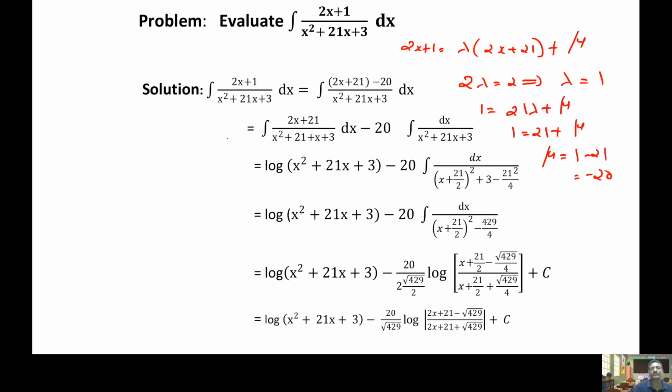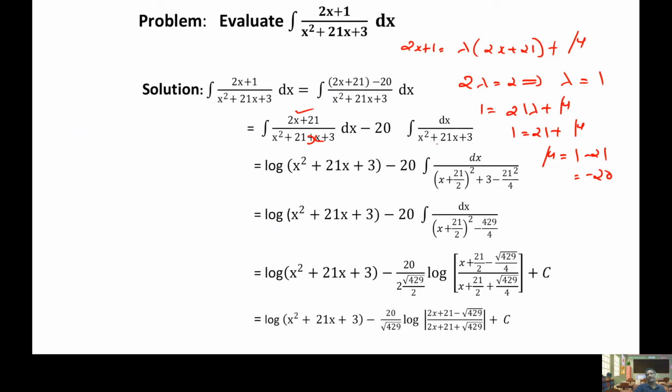Now, this is the split, or you can directly find out that 2x + 21 is the derivative of the denominator. So 2x + 21 minus 20. That way also you can arrange: integral of (2x + 21) by (x squared + 21x + 3) dx minus 20 into integral dx by (x squared + 21x + 3). So here the numerator is the derivative of the denominator, so you can write this as du by u, log of (x squared + 21x + 3), minus 20 into